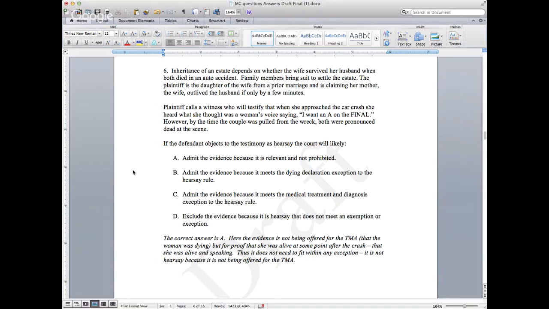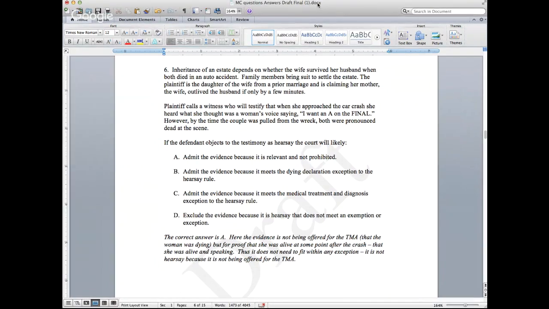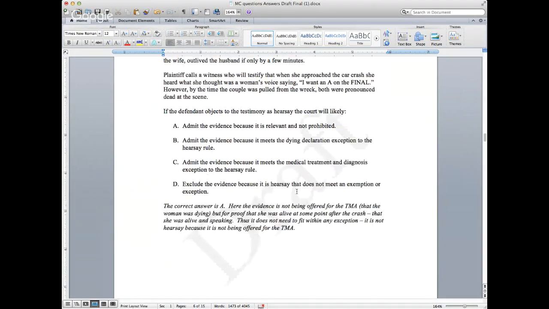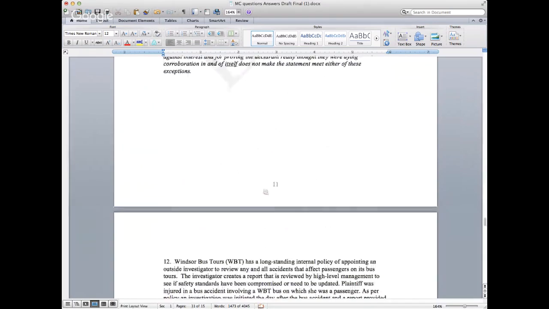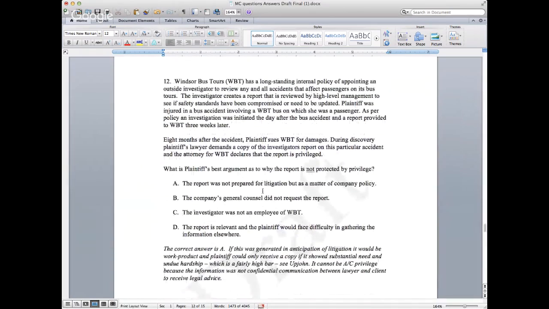Let me go back to this. We left off on question 11, going to question 12. Something is wrong with my computer, because I had the federal rules and everything set up on one side so we can go back and forth, but it's not popping up for me. I've got to call IT. These Macs are going to kill me. Now it comes up. Here we go. All right, much better. I've gotten my groove back now.